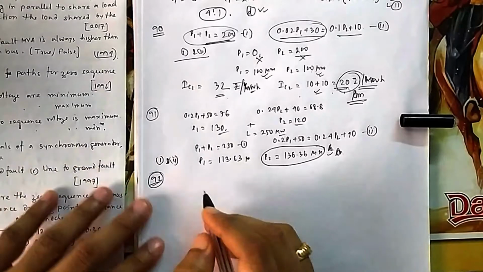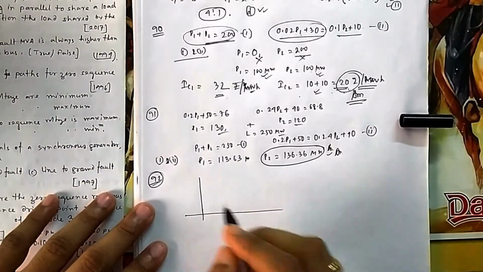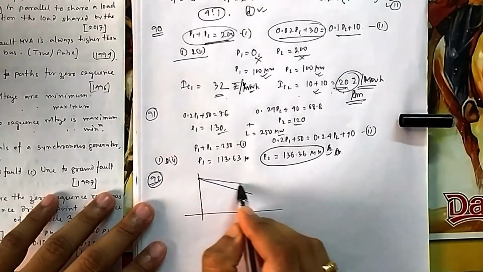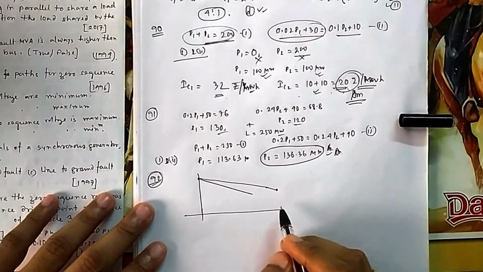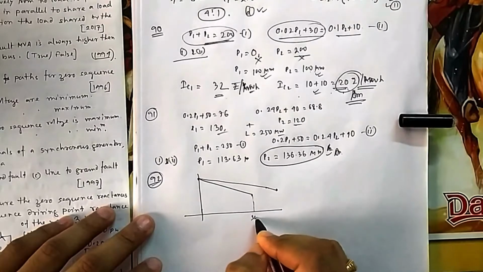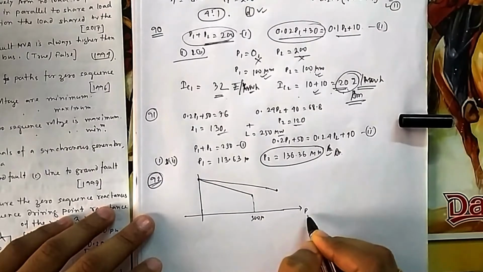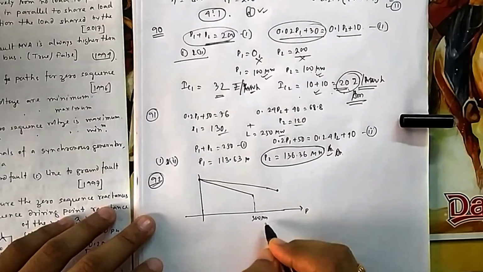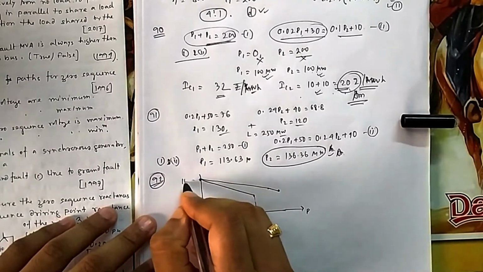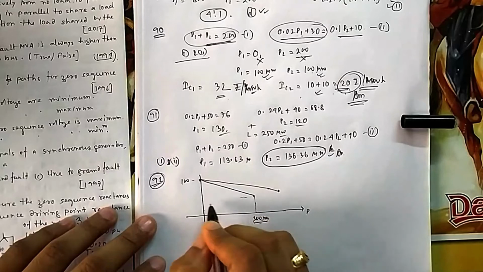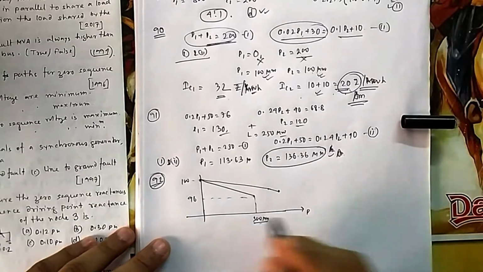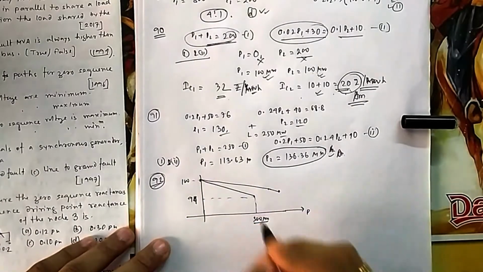Okay, so in that case, what are the droop characteristics? Suppose you draw one for 6% and one for 4%. Which one is 6%? The 300 megawatt one. Suppose this is generator 1, this is P for generator 1 and this is generator 2. For generator 1, maximum load is 300, no load is here. So if it goes from no load to full load, suppose this is 100% frequency, 100F, here the frequency will be at 94F, the 6% drop.